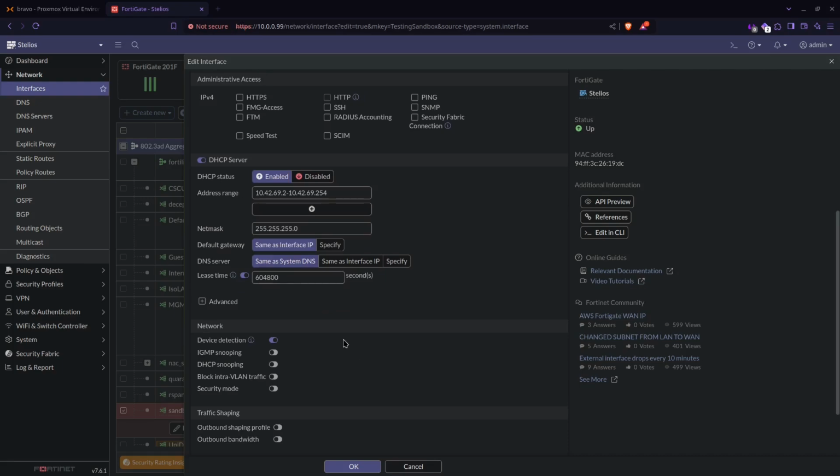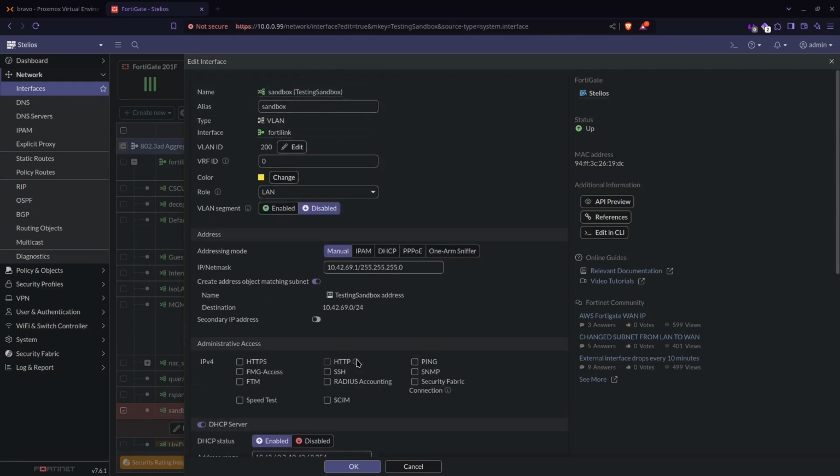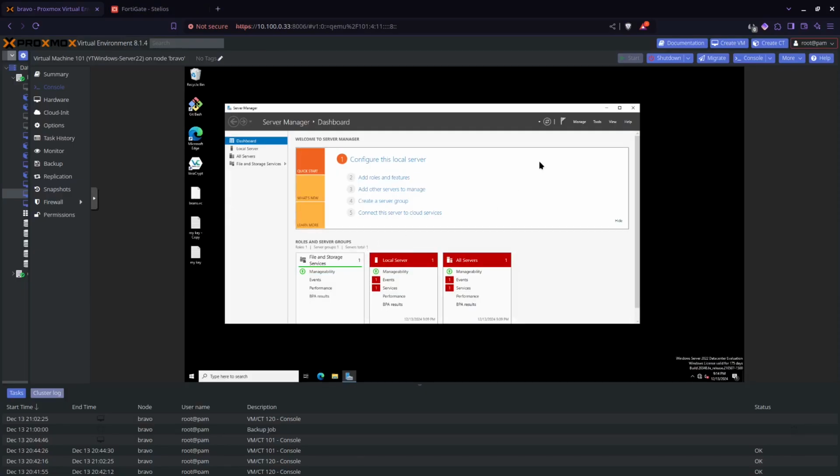As you see here, we don't have anything else configured. It's just a basic VLAN right now. I'm going to keep this open because we're going to need it later. Now diving into Windows Server here, as you can see, we have Server 2022 ready and available. And the first thing we're going to do is dive in and start up the Active Directory